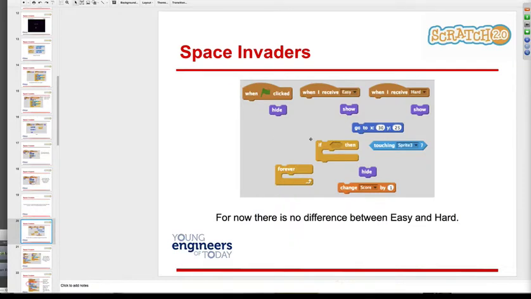again, there's no difference between easy and hard. What we want is to think of it this way. If the alien is touching the laser, what do you think we wanted? So if I was laying this out, I'm shooting a laser up. Whenever it hits an alien, whenever it does that, I want the alien to what? Well, I probably want it to disappear. Right? So,